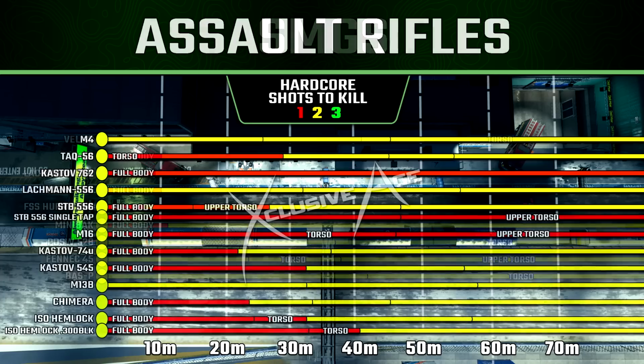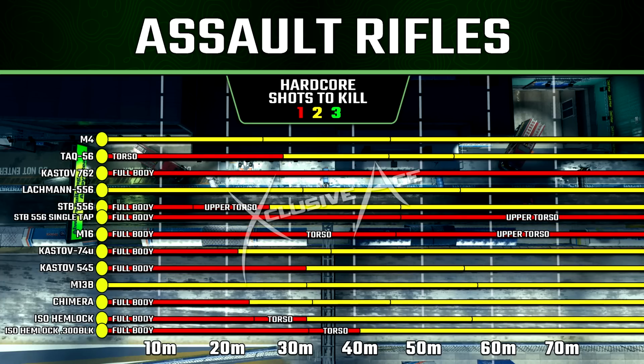As for assault rifles, there's a whole lot more going on here, and as you can see, there's obviously much more one-shot kill potential with these, but some of the standouts here are obviously the Kastoff 762. This is a one-shot kill at any range, anywhere in the body, as long as you're not shooting through some form of cover at least. Then we've got the STB with the single tap mod. That one has an infinite one-shot kill potential as well, although at longer ranges you have to hit an upper torso shot. The M16, again, has an infinite one-shot kill potential, but once you start stretching out the ranges, you